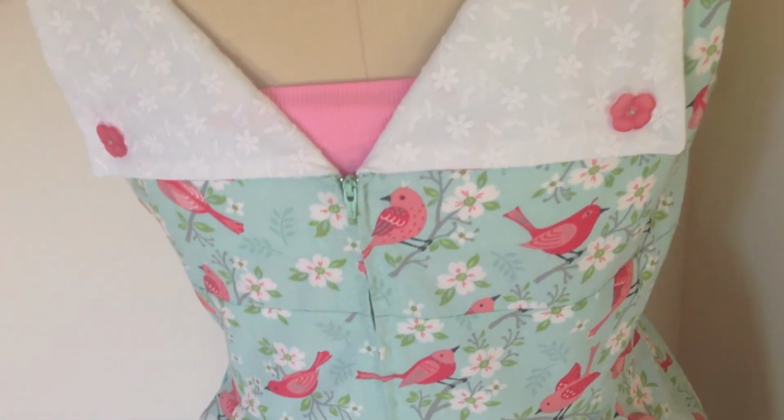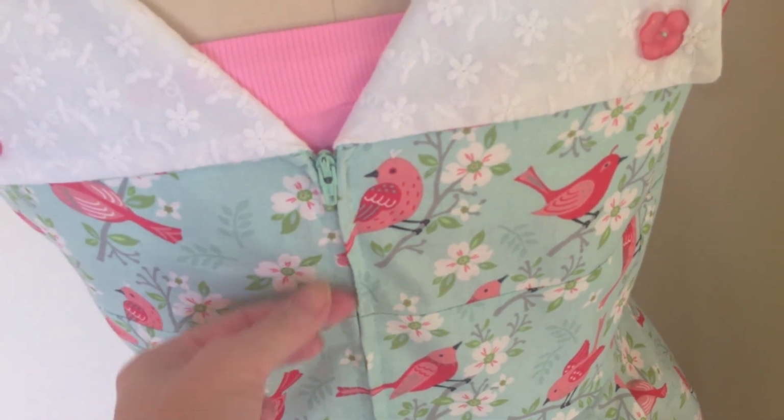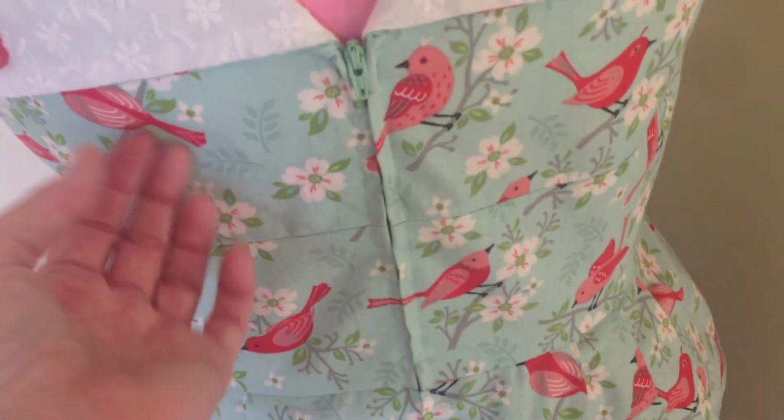I did try to match up along the center back here, and if I had had more time, I would have tried to finesse this a little bit better. It did get better the farther down I went. I did put in a hand-picked